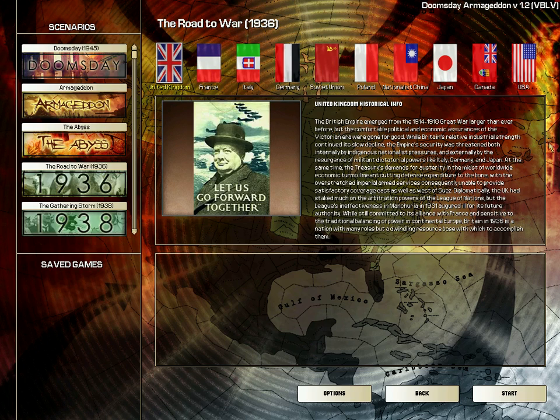The British Empire emerged from the 1914-1918 Great War larger than ever before. But the comfortable political and economic assurances of the Victorian era were gone for good. While Britain's relative industrial strength continued its slow decline, the empire's security was threatened both internally by indigenous national pressures, and externally by the resurgence of militant dictatorial powers like Italy, Germany and Japan. At the same time, the Treasury's demands for austerity in the midst of worldwide economic turmoil meant cutting defense expenditure to the bone, the overstretched Imperial Armed Service consequently unable to provide satisfactory coverage east as well as west of